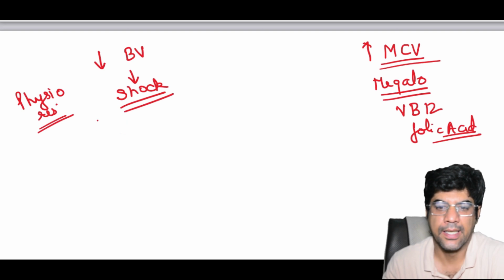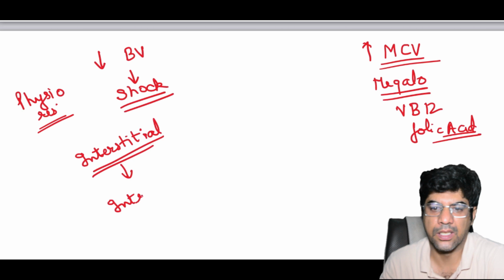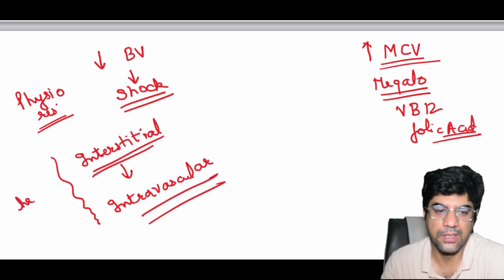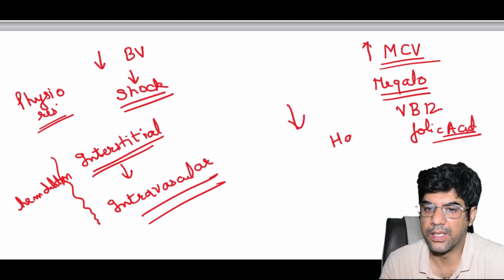If the patient survives the initial threat, then the interstitial fluid would shift into the intravascular compartment to compensate for the blood loss. That results in hemodilution,